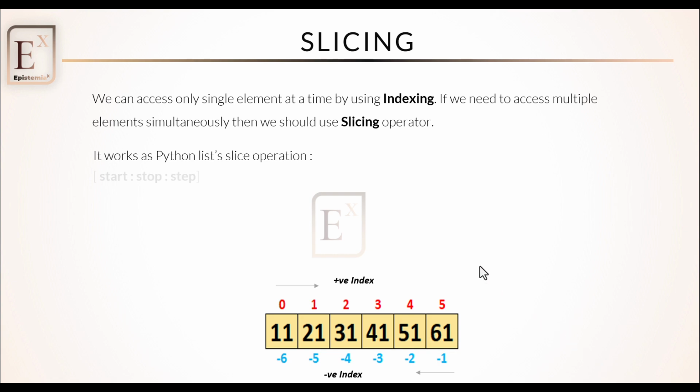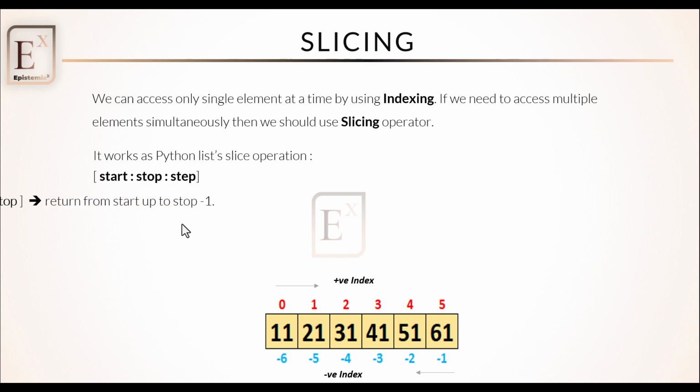So the basic syntax is start, stop and step. This returns elements from the start index up to stop -1. That means the stop index is not included, and step tells us how many elements to skip each time. If we do not write step, Python assumes it is 1. That means we pick every element one by one without skipping. Let's understand with different cases with examples.